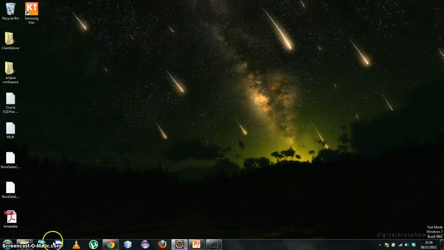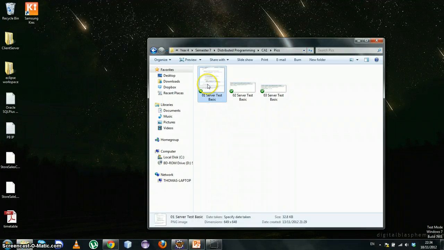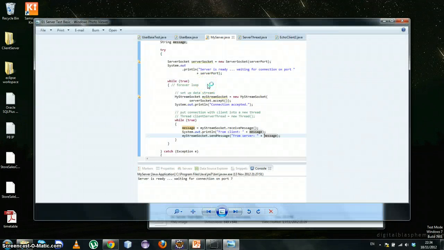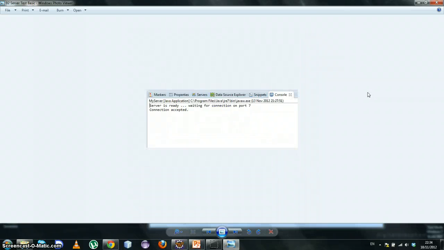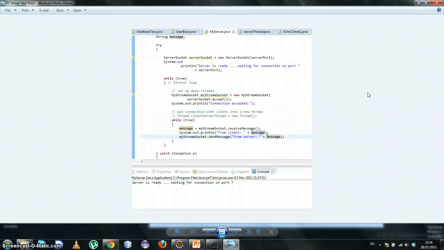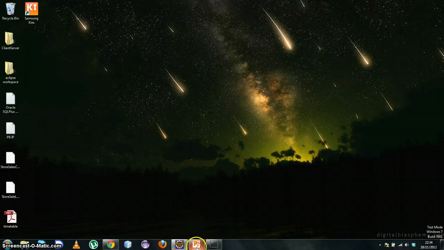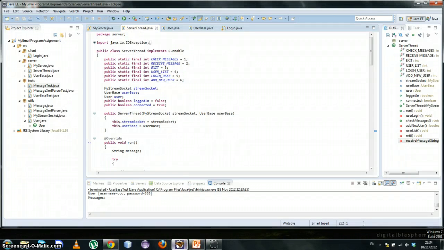There was a test performed at the start before multi-threading was created. It was checked to see that the class worked while it was just a single-threaded program, and this is it here. Just the connection was tested when the server class was created. It was tested using an Echo client class just to make sure that the connections did actually work. So that's the test for those, and I can show you now the actual program running fully and the classes used to create it. I will run those in the next